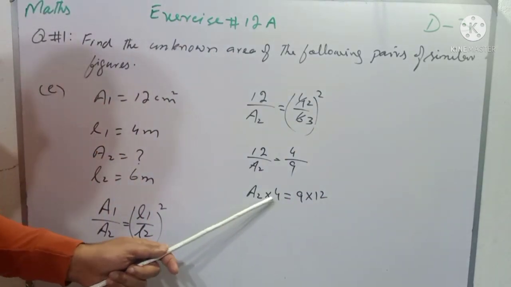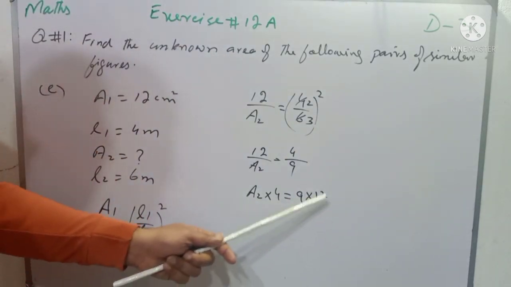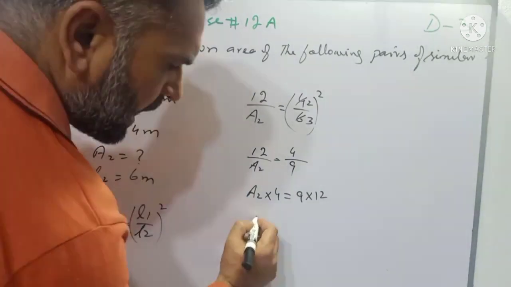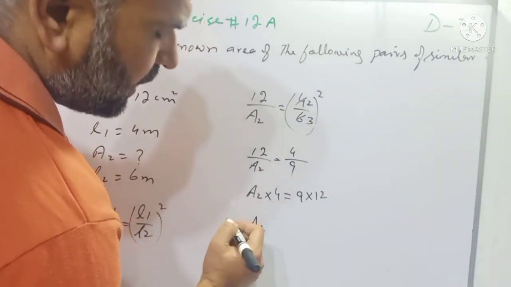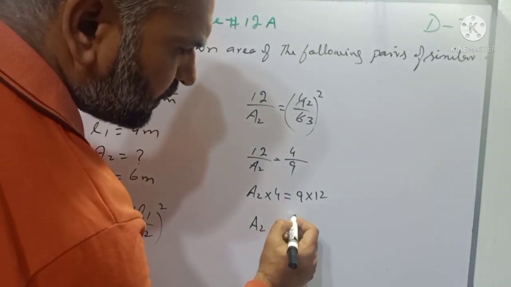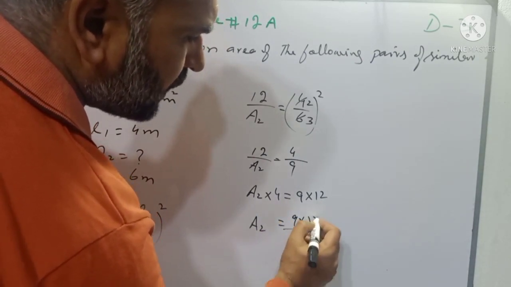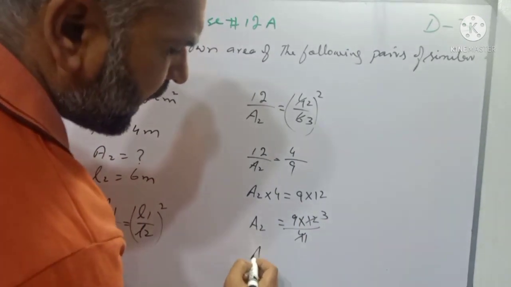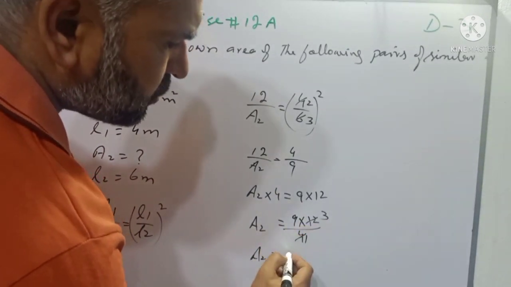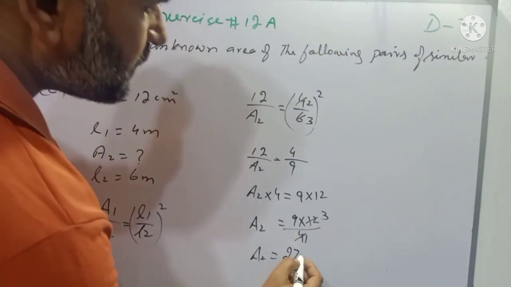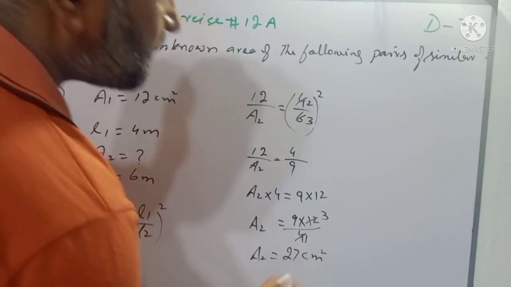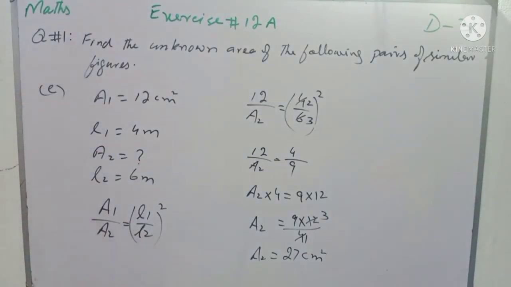And students, 4 is multiplying with A2, and when we transfer it to other side it will divide, and the value of area of second figure will be 9 multiplied by 12 over 4, 4 1s are 4, 4 3s are 12, and area of second figure is 9 3s are 27 centimeter square. So this was E part, children,